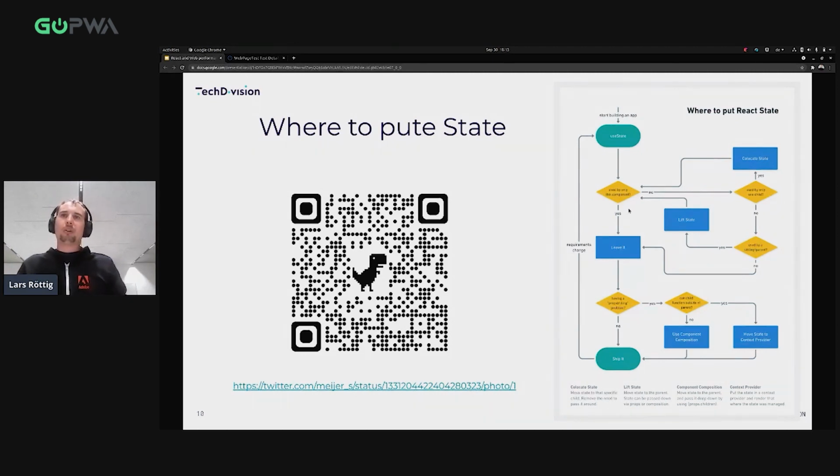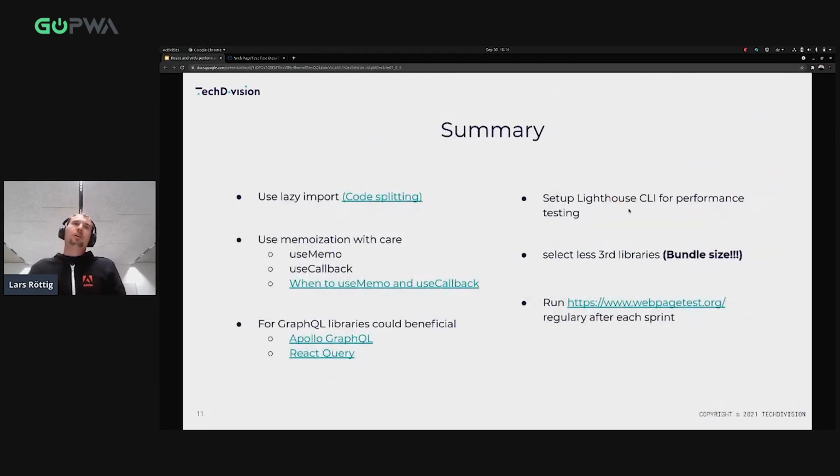And what I recommend: take a look at where you set state, use useMemo rarely if you can prevent it, and also think about state management in a more global scope here. This means if you have server state, something like Apollo, etc. is very helpful.